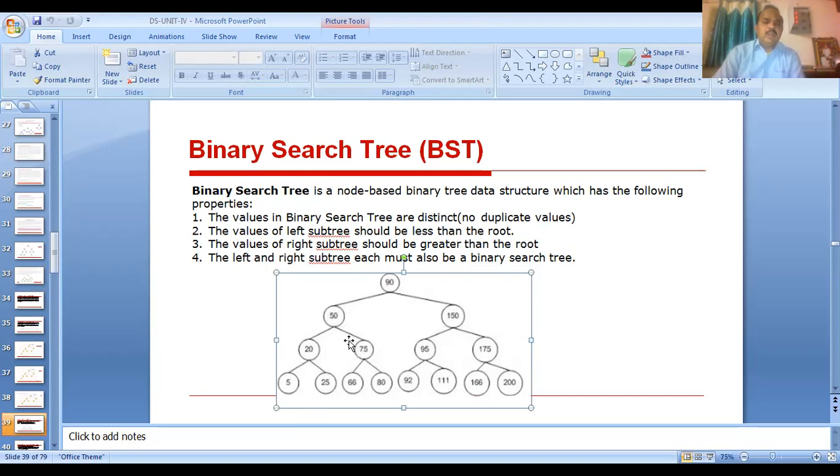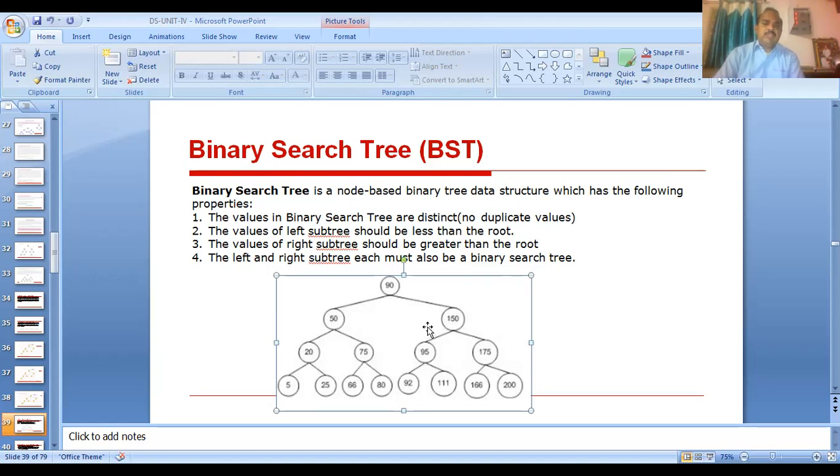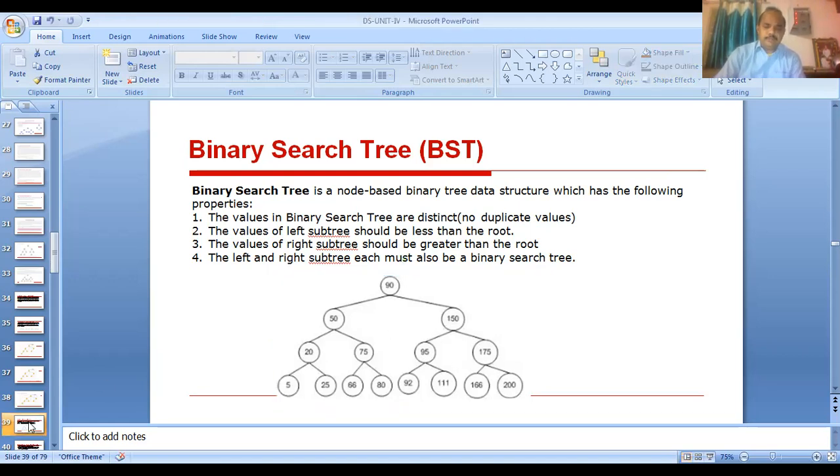These are all under the right subtree, and these are all under the left subtree. Clear? Then 90: these are all less than or equal to 90, and these are all greater than 90. Then there are no duplicate values. Clear?